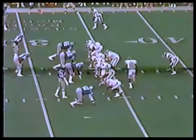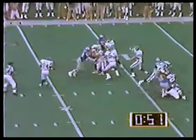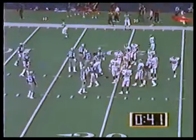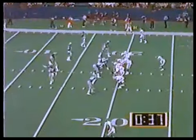Mike Haid is now in the game for Alexander at right guard, as on 3rd down and 1, McNeil over the middle for a first down, and more. He's inside the 20. He is down to the 18, first down. Bobby Watkins on the tackle, and the Jets with 42 seconds to go will not take a huddle. They've got a first down, and the ball is going to be marked on the